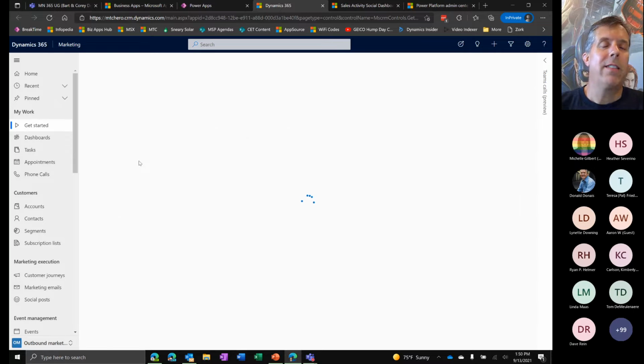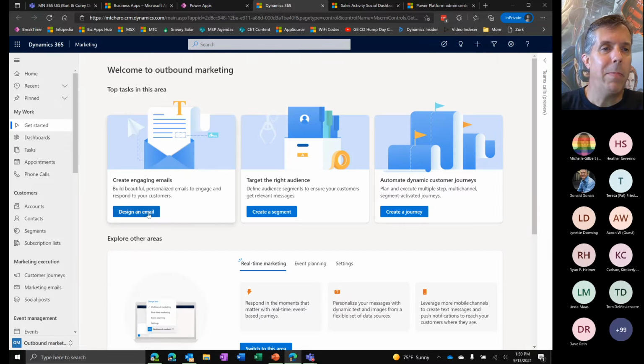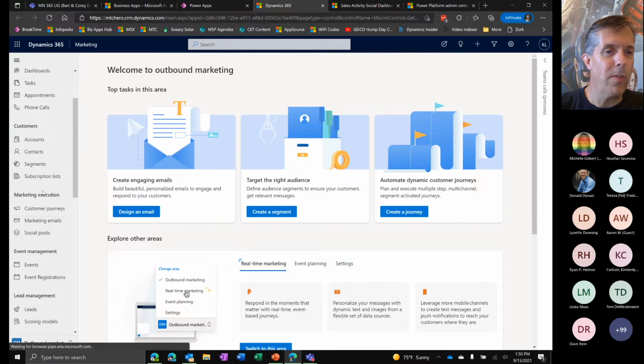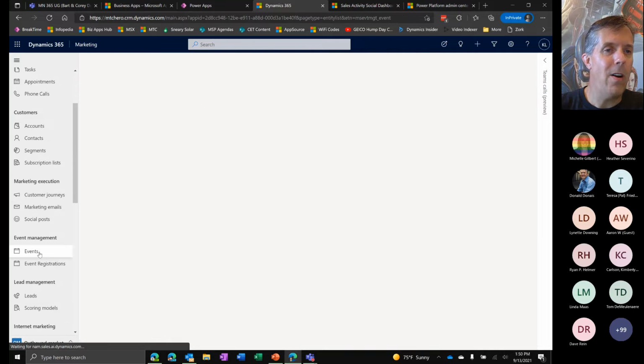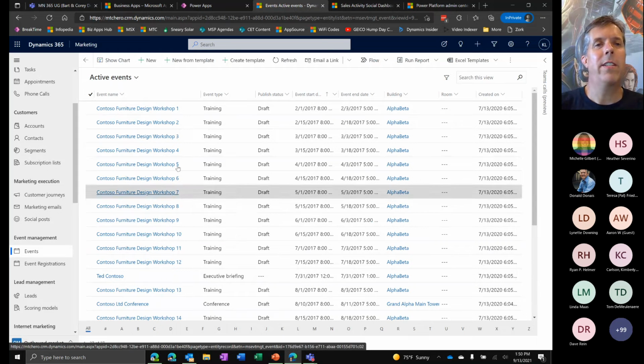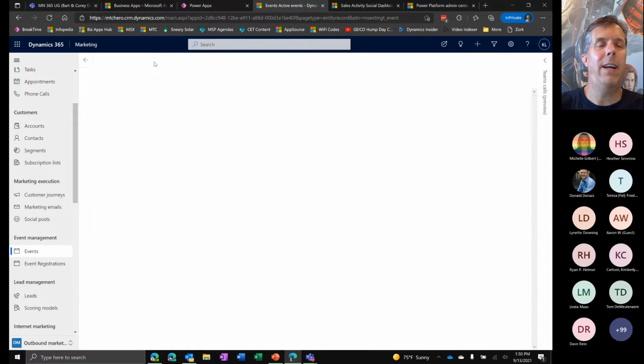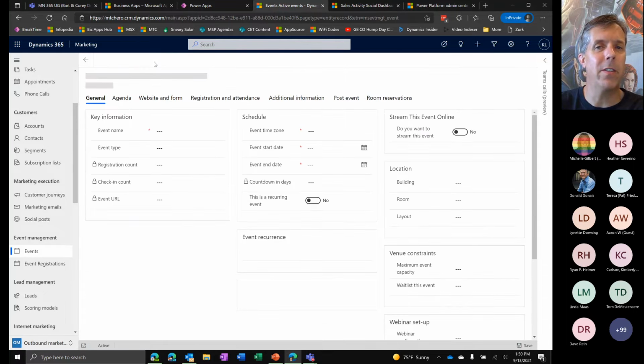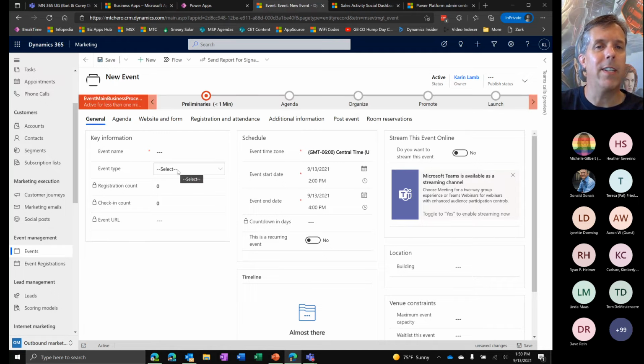And it's going to start in my Get Started pane here just because that's what opens first, but I'm just going to come down and say, if I were looking at events, that I could come out and say, well, I do in fact want to have a new event, and I probably would make a template for this in the real world so that I had all kinds of other stuff already stored about what type of event this is and a few other things.